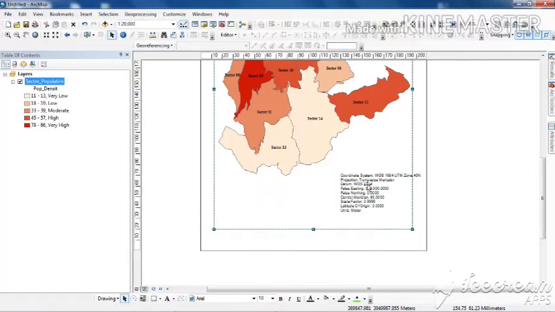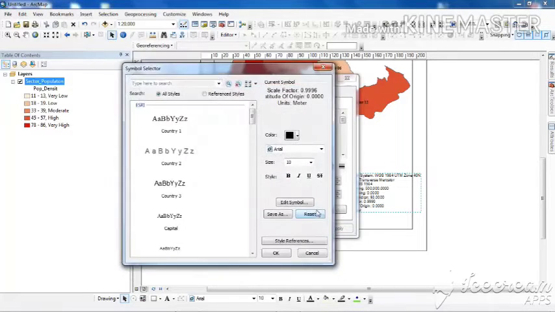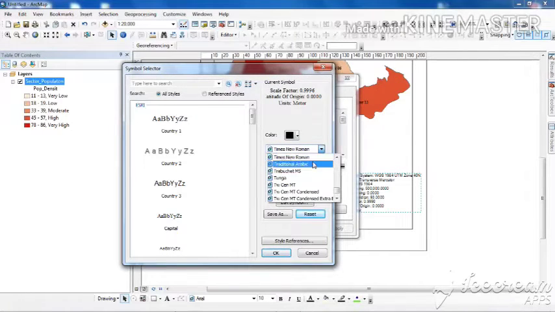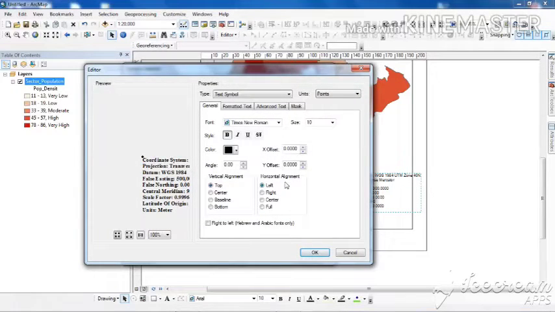You just see this has come. Now I will change its font size and font type. As I told you, the font that you use in the map should be identical. Okay, this thing you have to keep in mind. It should be very much identical, and this should not keep on changing.